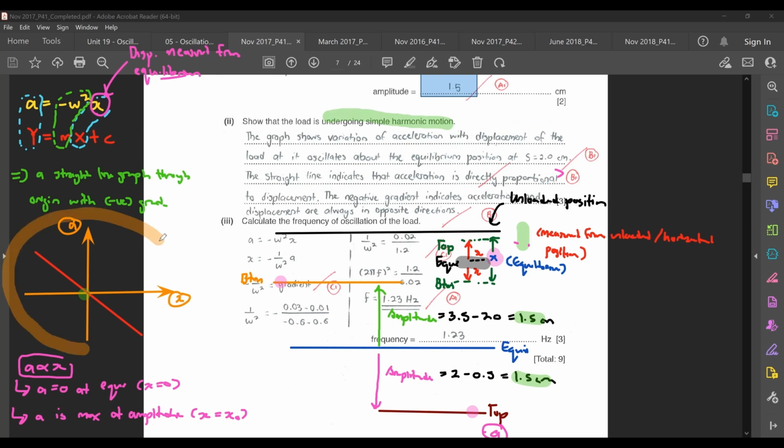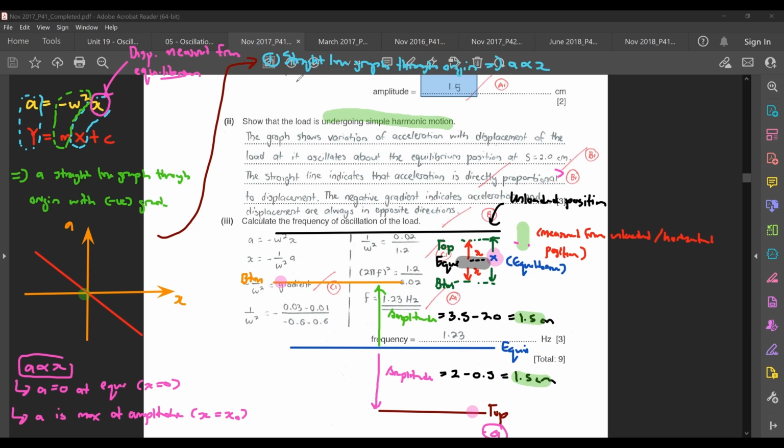For the typical graph shape of acceleration versus displacement, if you want to explain from this graph that it is simple harmonic, what you would have to say is that if it's a straight line graph through origin, it tells you that A is proportional to X. And then the second thing here is that you have a negative gradient. So it tells you that A and X are always